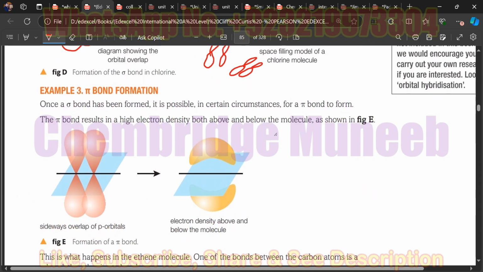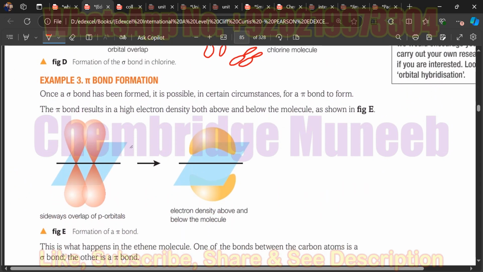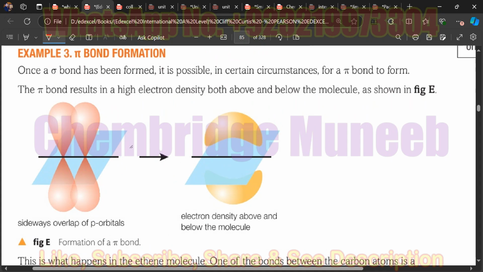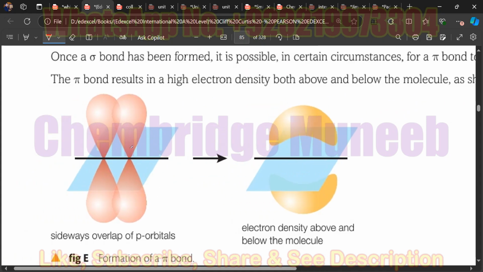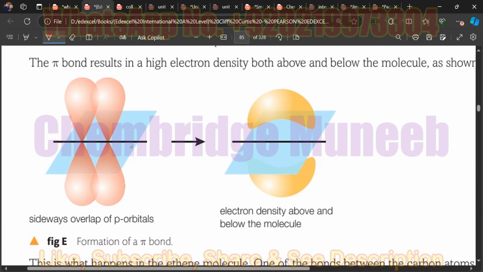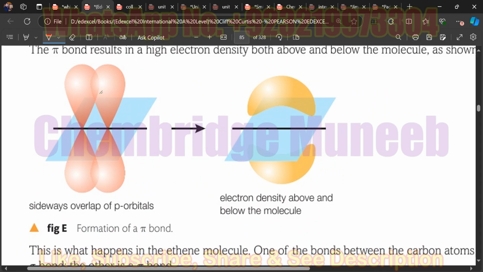Now comes the pi bond formation. A pi bond is basically formed when there is sideways overlapping of the orbitals, and yes, they are overlapping sideways, and this is shown as the overlapping point. But what happens after the orbitals have overlapped? They are basically combined with each other. So this whole area above and below